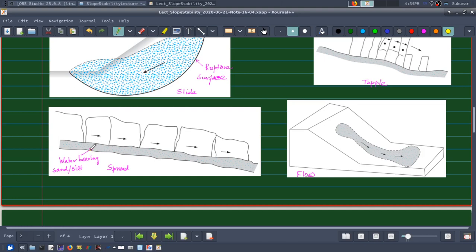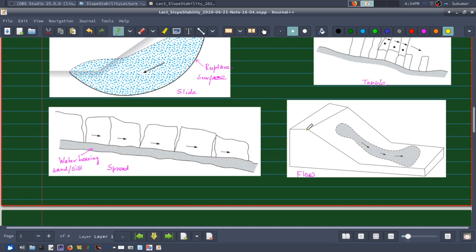When the strength of this layer is decreased due to the overburden, due to the gentle slope, the overburden material lying over this water bearing sand or silt moves. Okay, depending on the condition of this layer, lateral spread may be slow or very fast. Okay,